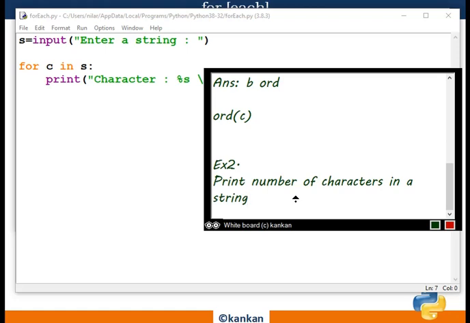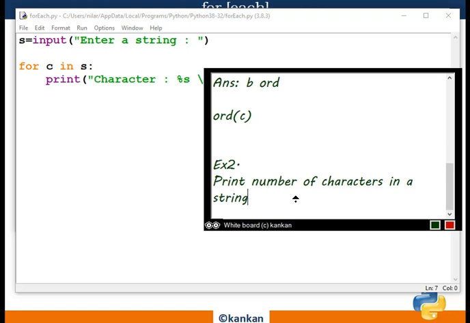Suppose what is required? Suppose in a Word document you are writing a text or paragraph, and the paragraph is limited to 200 characters. More than 200 characters cannot be accepted by your program.